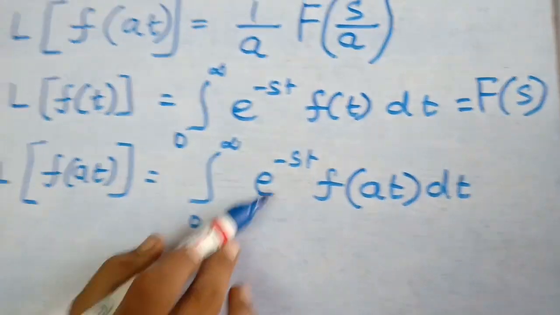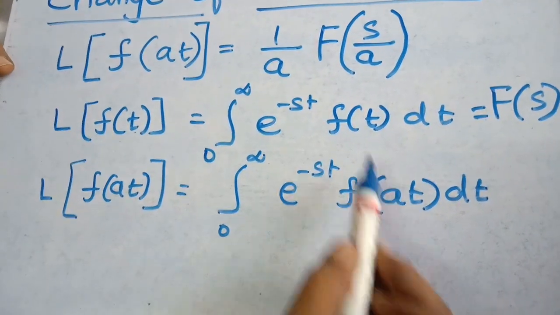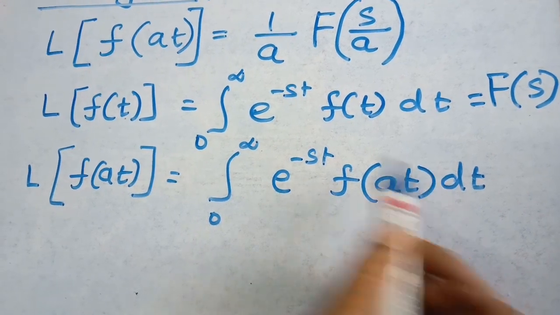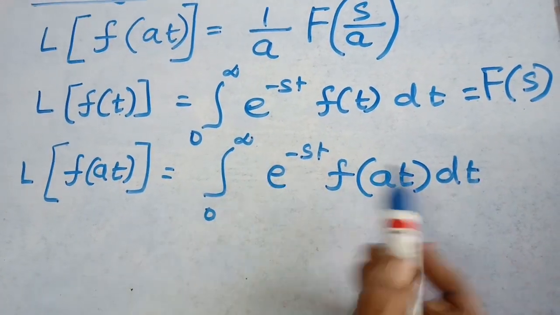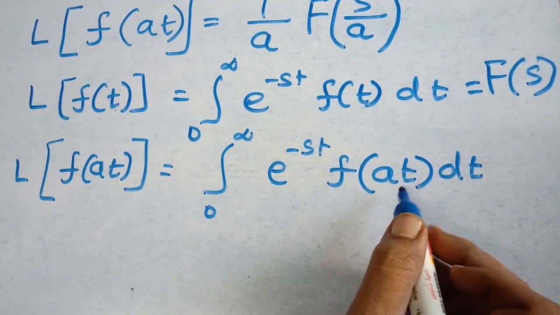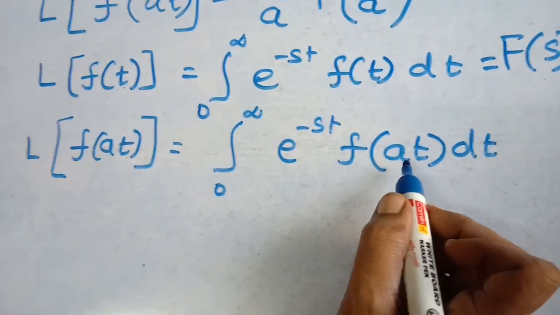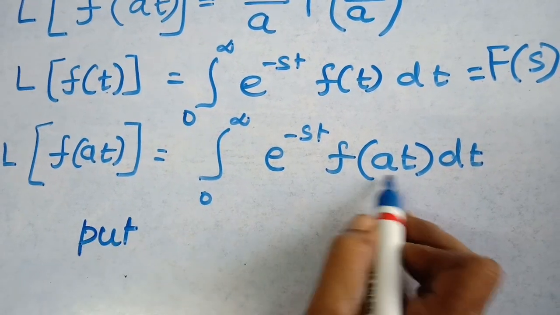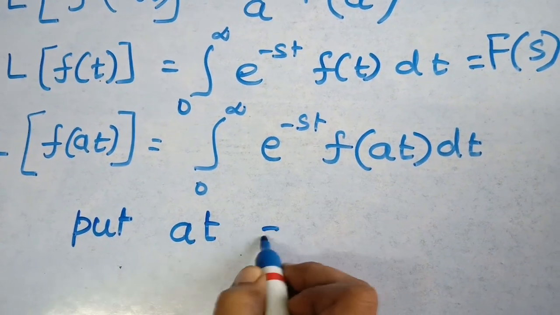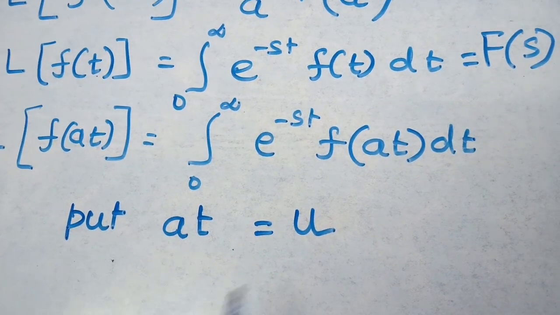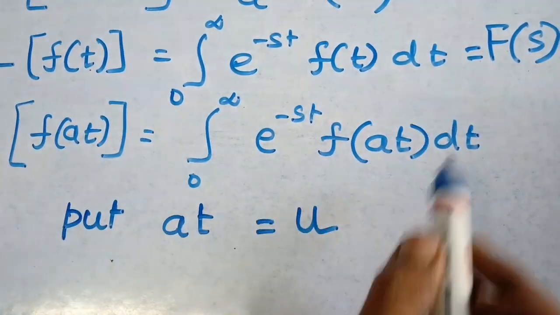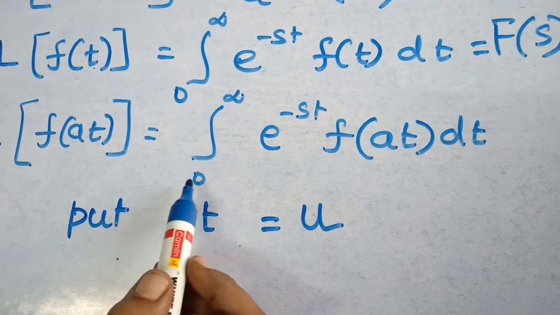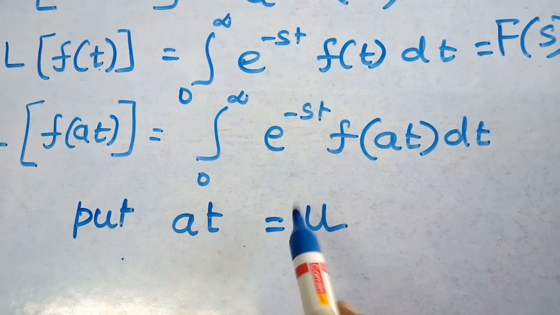So now once we compare these two, we don't have the variable t here. Once you have at, you must have at here, and d(at) should be there. So what we are going to prove is, we do the substitution method. Let me substitute at as some other variable, say u. So replace everything in terms of u. I am substituting u for at, so the limit as well, and in the place of t you replace by u.